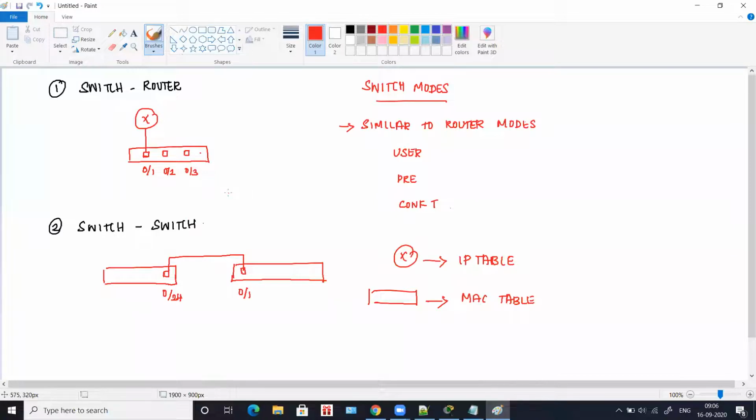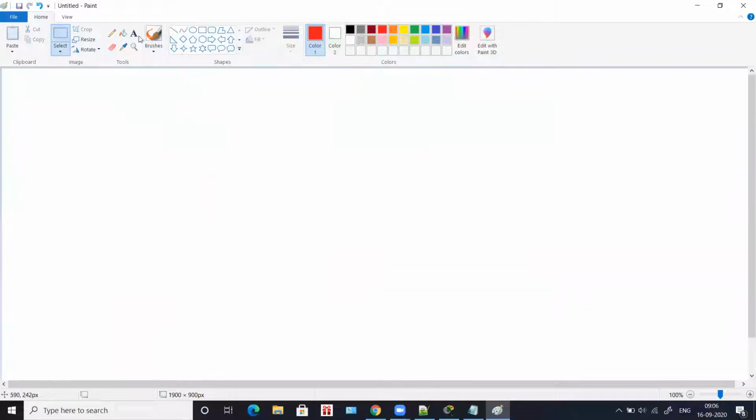Great. So now I'll tell you how the basic configuration of a switch is done. For your to-do today, it is going to be two switches. We will not connect routers. So your to-do will have only two switches.